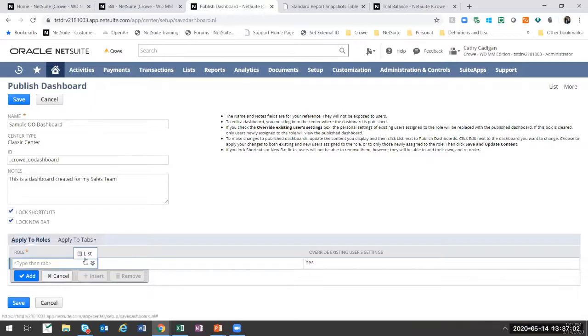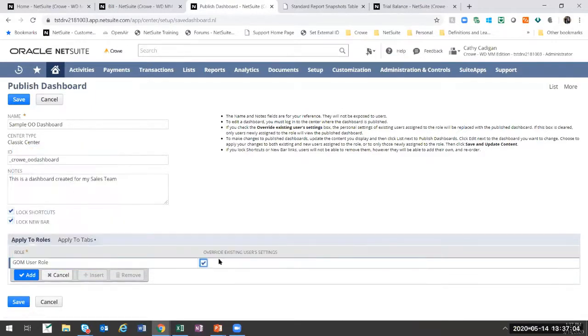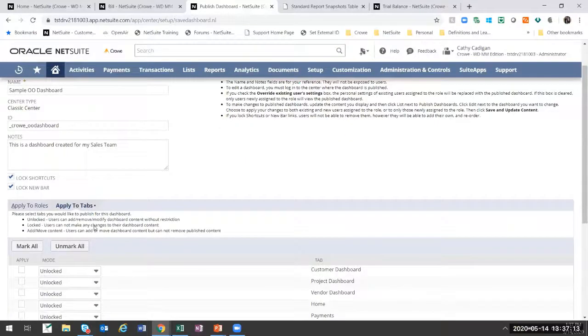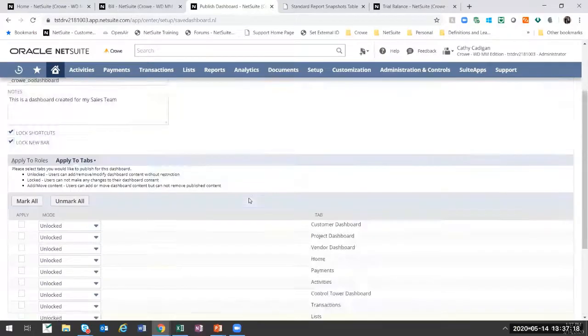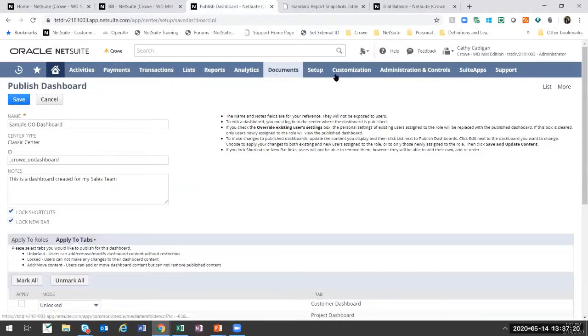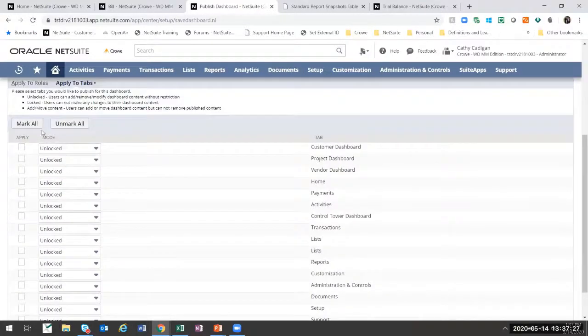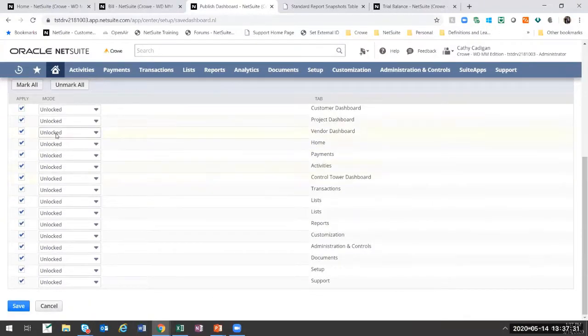But once I create a role, let's say I define a role, I can define whether I want to override what they have or not. Usually you want to override it if you're publishing a dashboard. And then you want to define which tabs you want to publish. We talked about all the tabs that you can have here, right? Every tab can have its own dashboard. So you can define which tabs you want to publish, and then you can define whether you lock